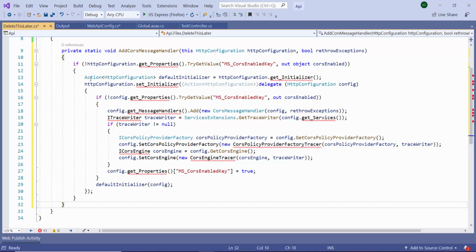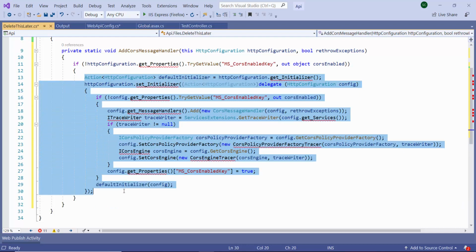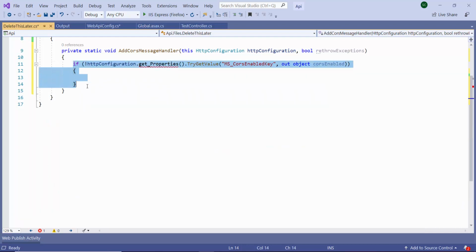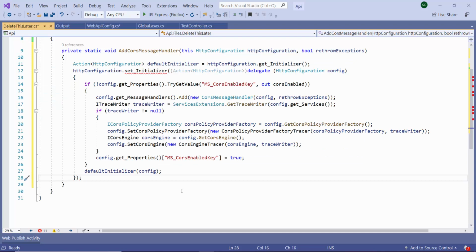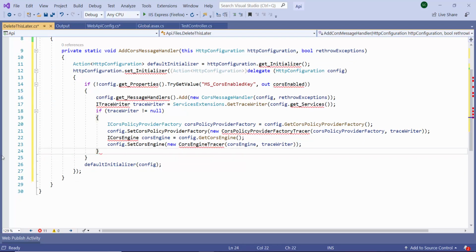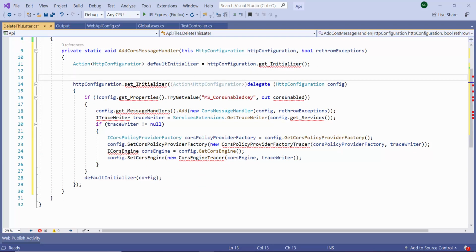And it says yada yada yada. I'm not interested in any of that if construct thing, so I'll delete the if construct. And it basically sets this key, which I'm not interested in. So the first thing it does is it says if the configuration has an initializer, get that initializer and put